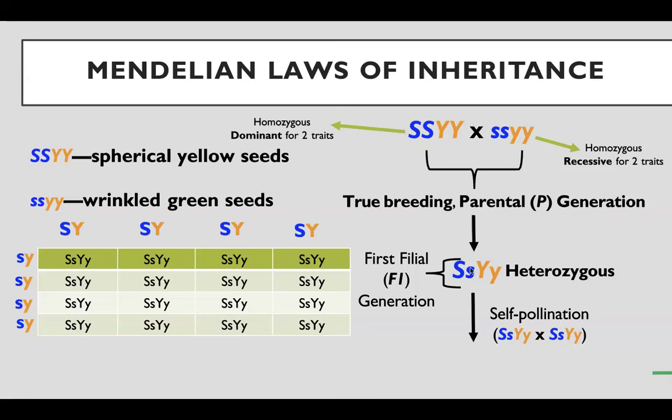However, the lowercase s is left. So create a line from the lowercase s to the uppercase y, and create another line from the lowercase s to the lowercase y. You'll see that each allele needs to have at least two connections. So this S has two connections with these two, and this lowercase s has two connections with these two. And obviously, the uppercase y and lowercase y already have the two connections that you created with the uppercase s and lowercase s. After creating those connections, that's what you would put at the top and at the bottom.